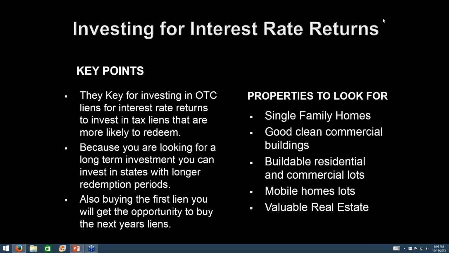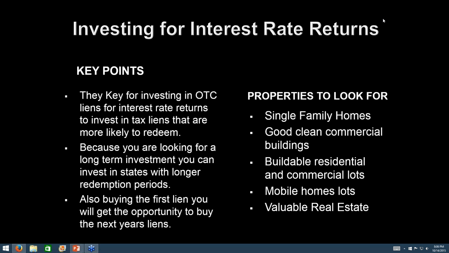And there's certain things you can look for when investing in tax lien certificates to get interest rate returns. For example, I was looking at some over-the-counter tax liens today in Florida, and I found tax liens where maybe there was one tax lien on the property, or maybe two tax liens, and there were 5 or 3 or 2 redeemed tax liens, meaning that the property owner had been delinquent on their property taxes before, but ended up paying the next year, or 2 years later.